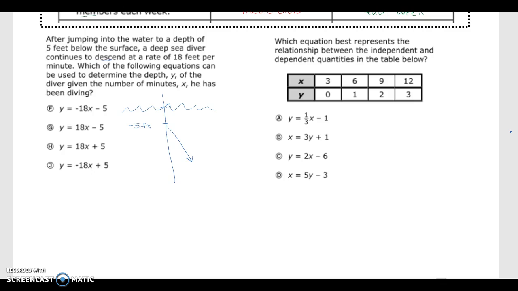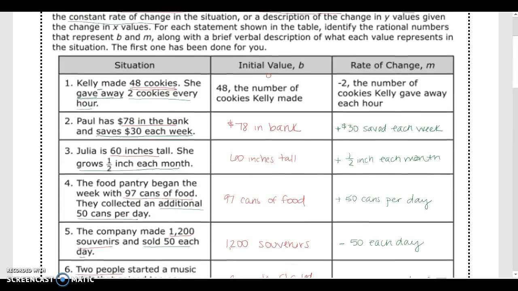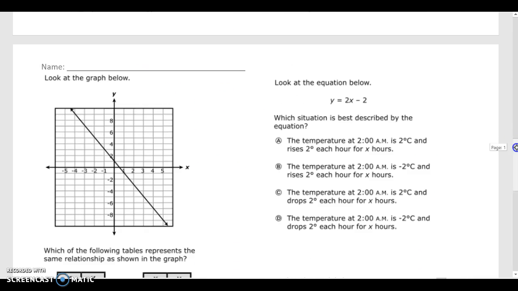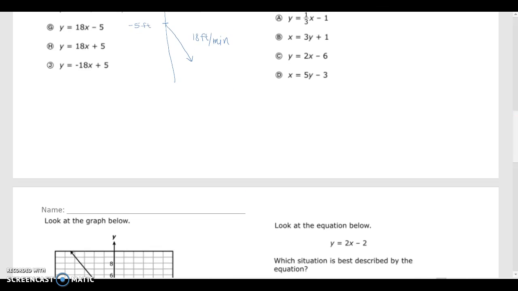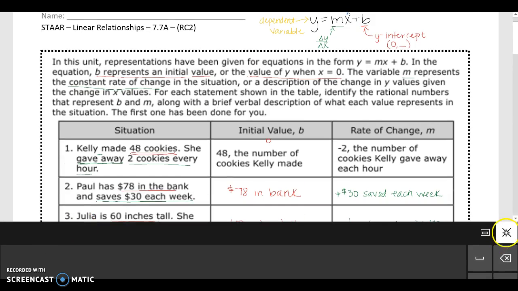at a rate of 18 feet per minute. So if it's going down, is that positive or negative? Negative, so minus 18 feet per minute. Okay, so if we write an equation,